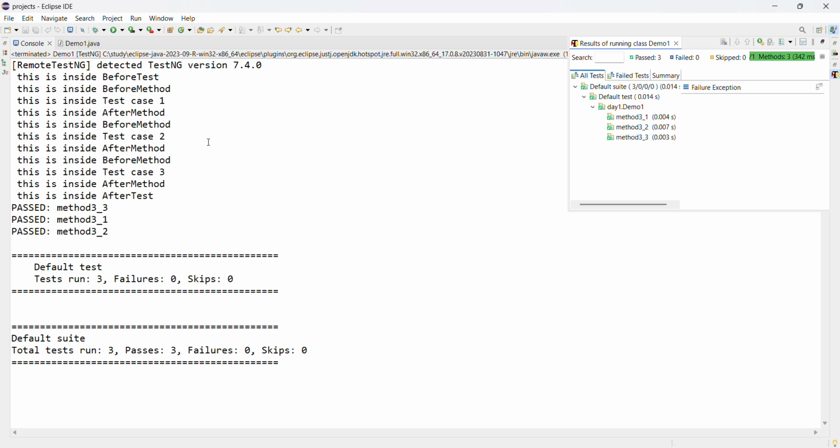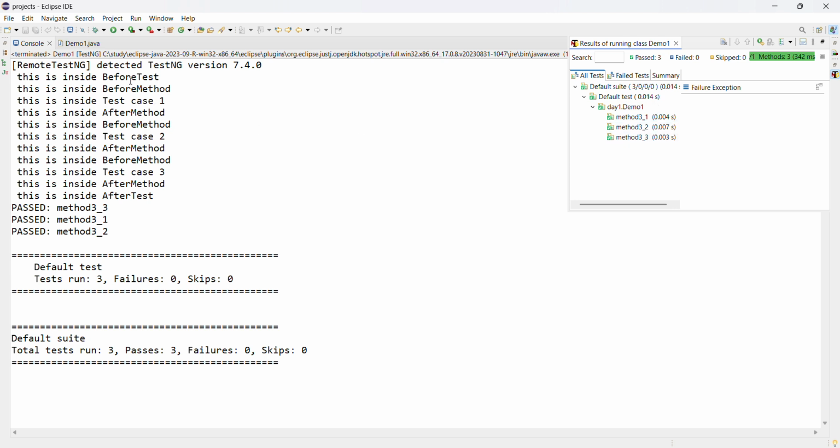So if we only execute using Java, then we will not get this type of message, meaning how many passed, how many failed, how many got skipped. But using TestNG it is very neat and clean. It is very easy to understand how many test cases got executed, and here we can also see it is in green color. The method count is 3, and like that we can see how many skipped, passed, failed, and how much time it took.